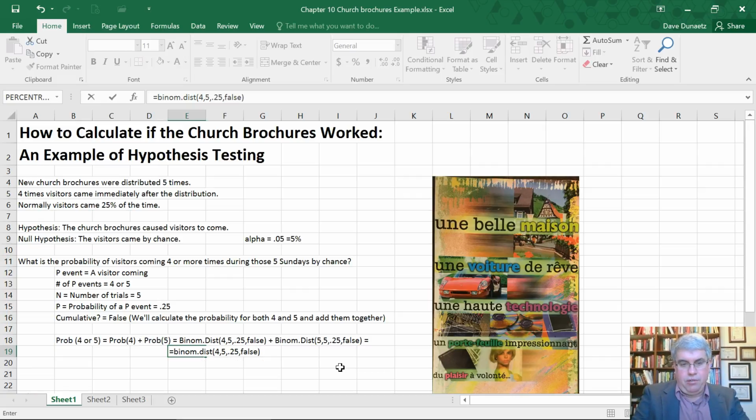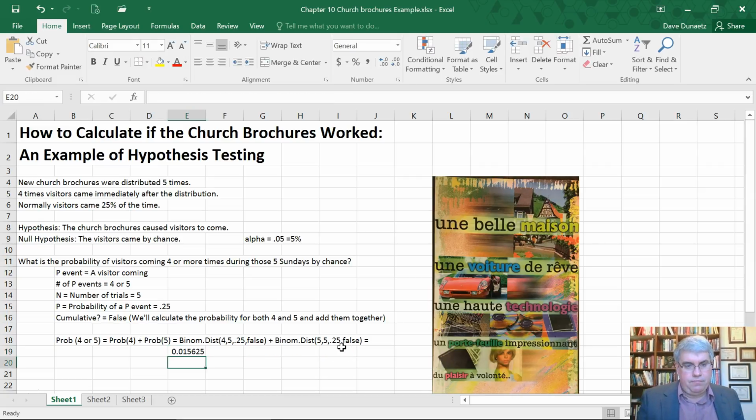And then I'm going to do plus the same thing for 5, BINOM.DIST, and the probability of getting 5 visitors on all 5 Sundays out of 5. And there's a 25% chance that they'll come, and it's not cumulative. I press enter, and that equals